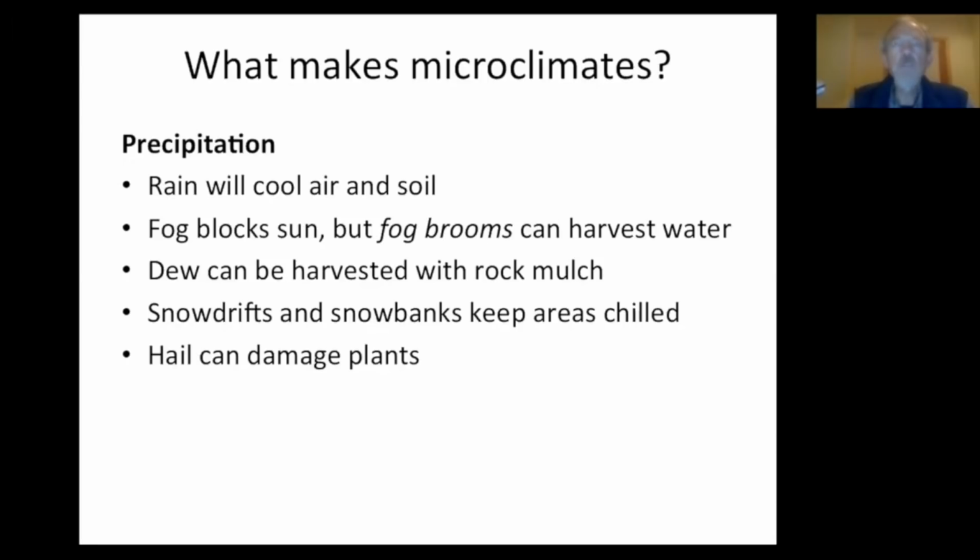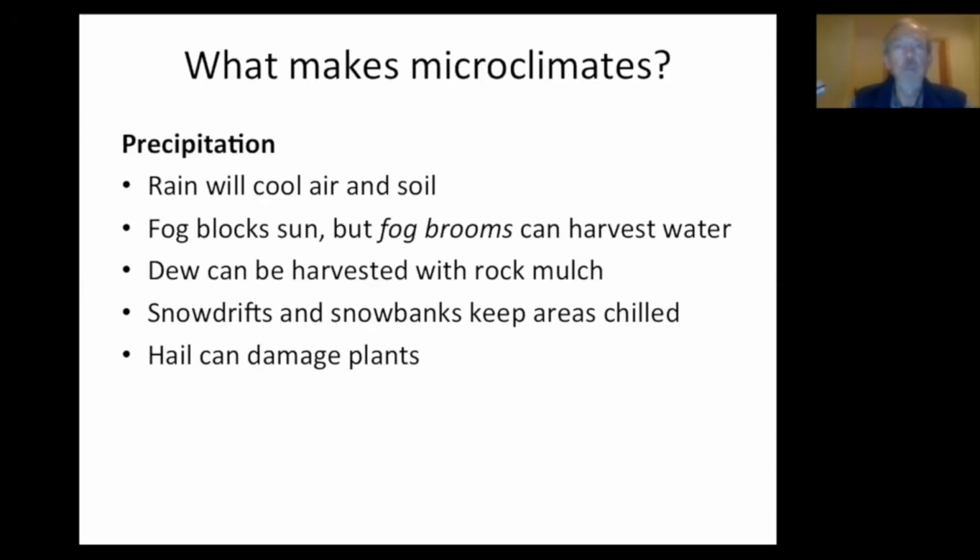And keeping things cool into the spring so that plants don't flower too early. Fruit trees in particular, like apricots, are notorious for setting their blooms too early. So sometimes you want to keep places cold into the spring. Near snowdrifts and snow banks is one place to do that. Or again, in the northern hemisphere, the northeast corner of a lot of properties can be the coldest part of the property